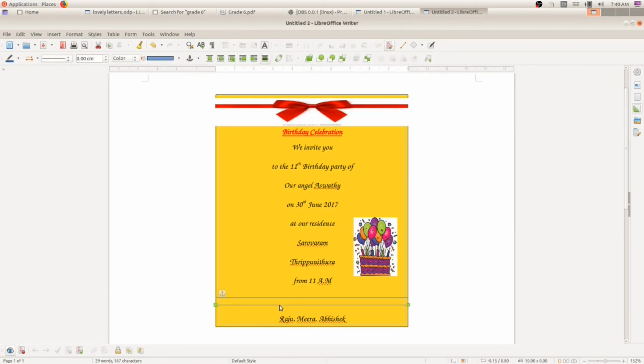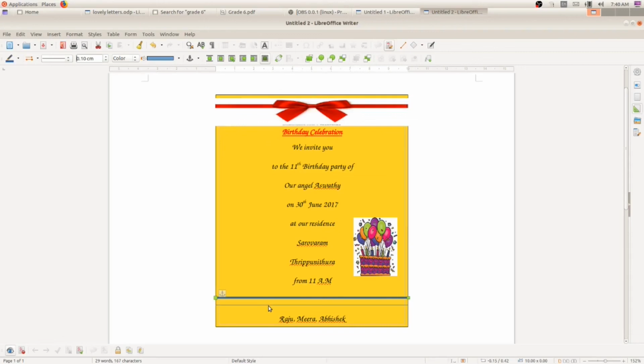If you want to select the line, you just click on the line, left click. Now you can see how you know that this line is selected. You can see the nodes here at the two endpoints, one here and the other here. So this line is selected. Now if you want to increase the line width, you can see here line width, just click on up arrow. Now you see here the line width is increased.